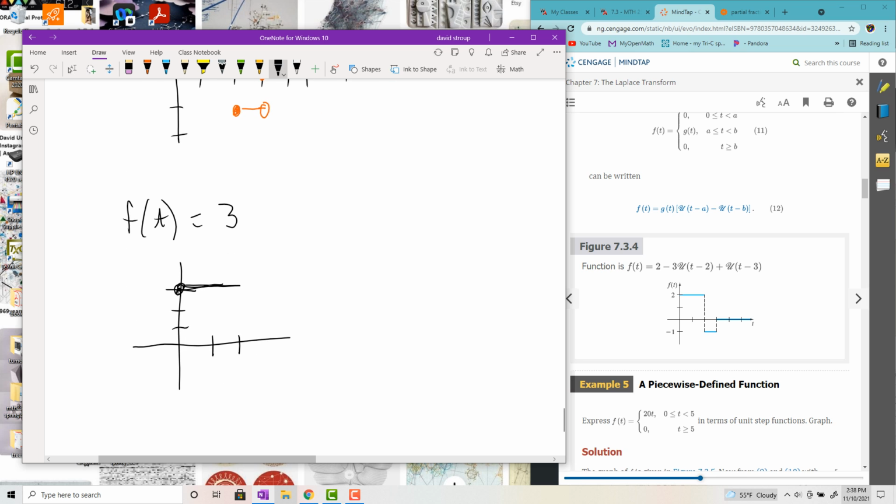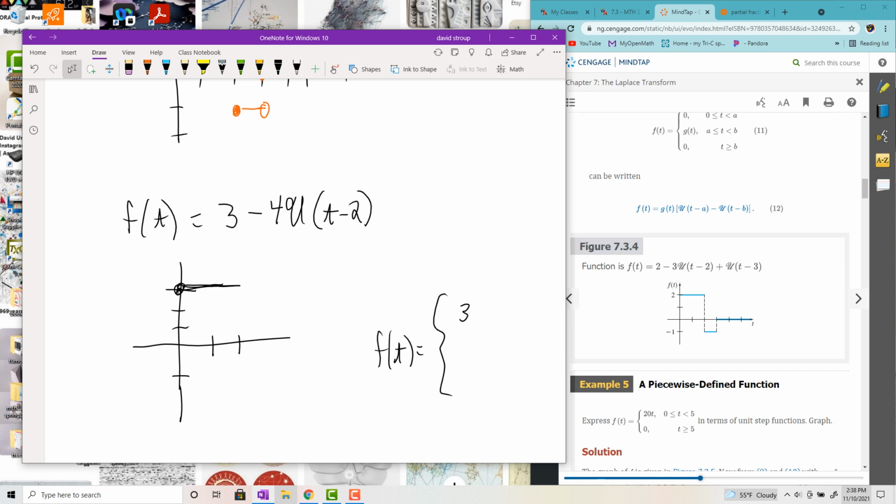So what you do is turn on another piece of the function, which will be a minus 4 at 2. So you go u of t minus 2, and this part will then turn on. So as it sits right now, it'll be 3 at first. So f of t will be in piecewise form. It's 3 for t greater than or equal to 0 but less than 2, and then